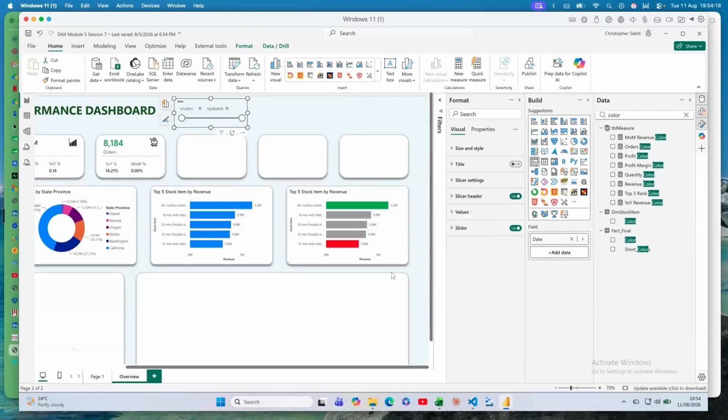push your narrative that the green is better, the red is the 5th one. Or you can even leave all this gray because even the 5th one out of 20 shouldn't be red. So I think that gives you a narrative on how we use conditional formatting